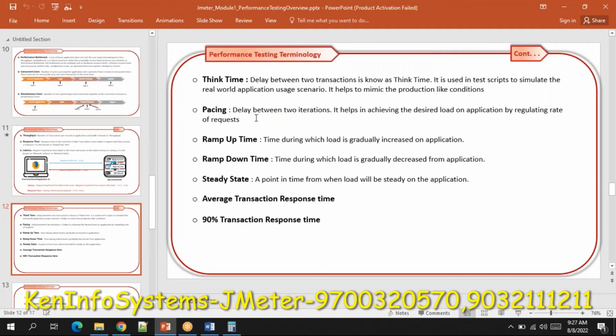See, if all the 1,000 users log into the application at the same time, it's not a realistic behavior. Even if any sale starts, not all users log in at the same point of time, right? It's not a realistic behavior. So what we will do when we are doing the load testing,